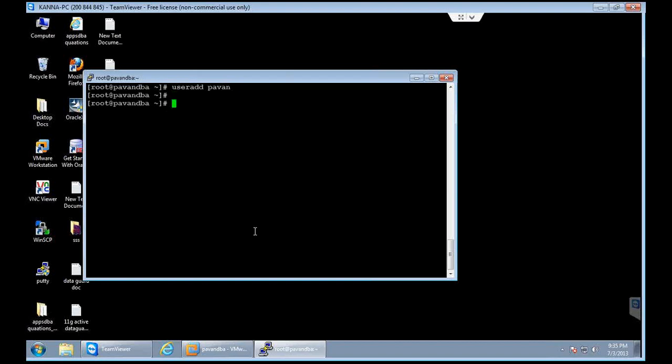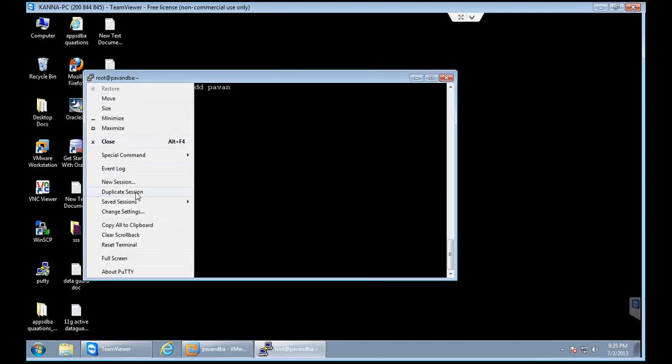Now the user got created, but what would be the password of that user? And how am I going to log in as that user?